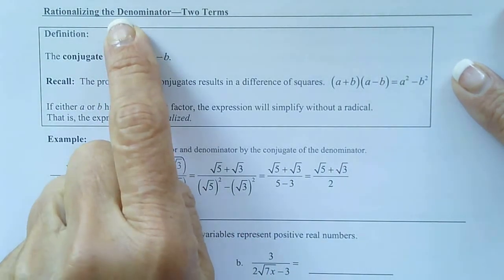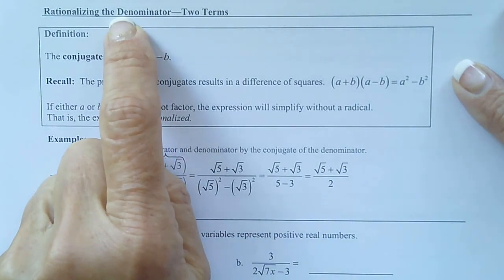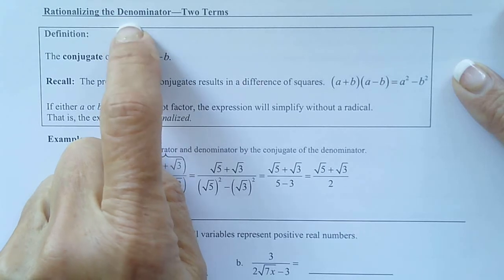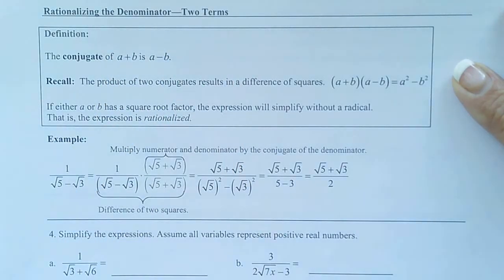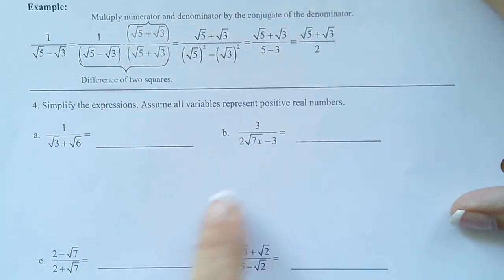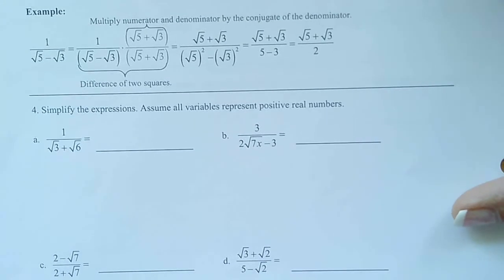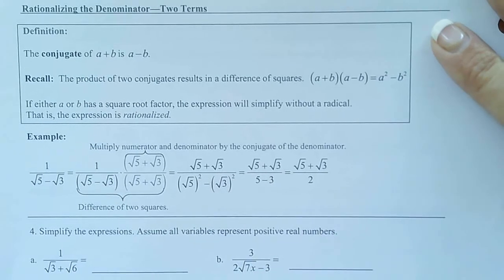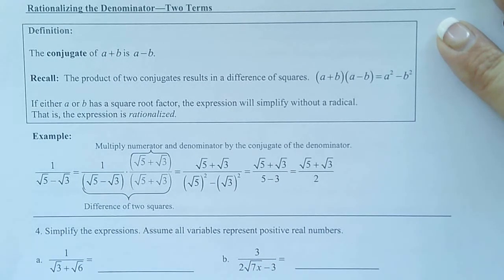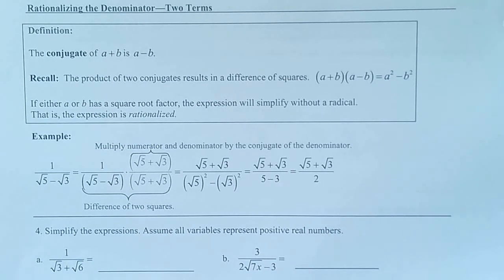So now we're going to be rationalizing the denominator, which remember means getting rid of the denominator with radicals. So we can have fractions, we just can't have radicals in the denominator. And we're going to learn how to do it when there are 2 terms there. So you can see on all of these, 2 terms, 2 terms, 2 terms, 2 terms, 2 terms. So they're very different than the ones we just did because they have the 2 terms instead of 1. So what we're going to use, like I said, are conjugates, because if you look back at your multiplication section,